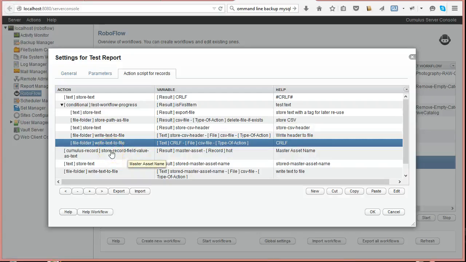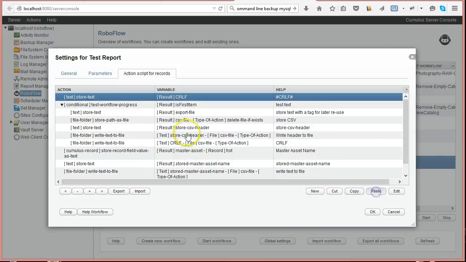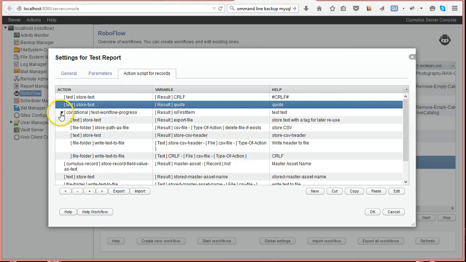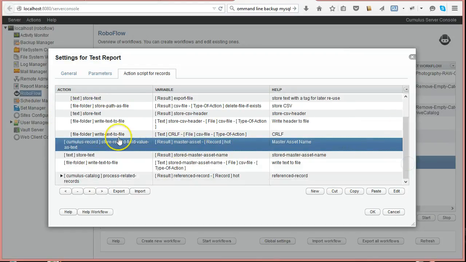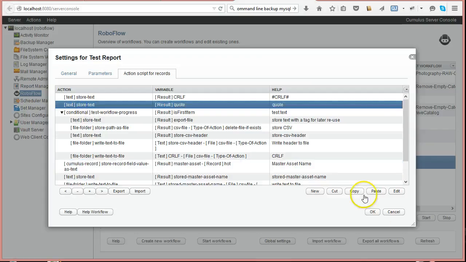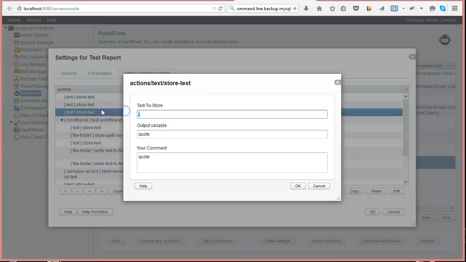So here, I'm gonna create a second one, copy paste, and we're gonna put a quote here, and I'm gonna call it quote. Good. So what happens is that, and another thing is that we copy paste, and we can call this the comma, and we call this the separator. Why am I doing this? Because this way, this is the column separator. Call separator equals comma,